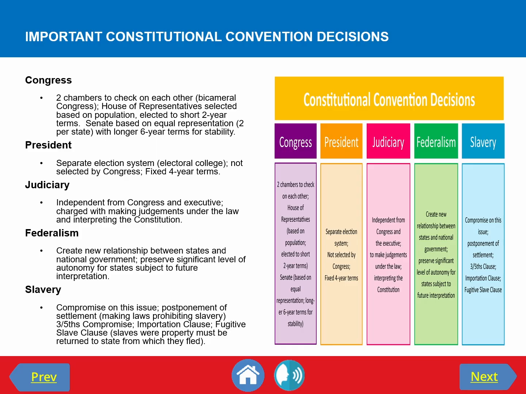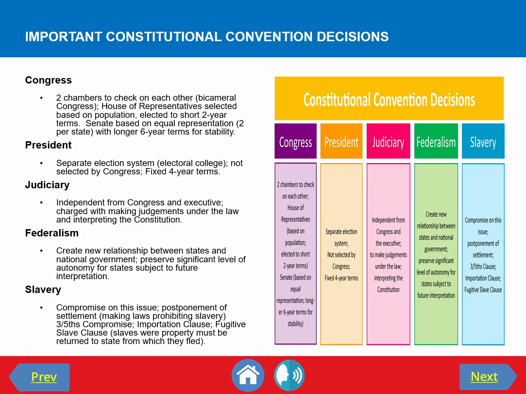Convention. First, the Founders shaped a Congress that would be based on 2 chambers to check on each other, also known as a bicameral Congress. The House of Representatives would be selected based on population, with each representative elected to short 2-year terms. To balance this, the Senate would be based on equal representation, consisting of 2 senators per state, with longer 6-year